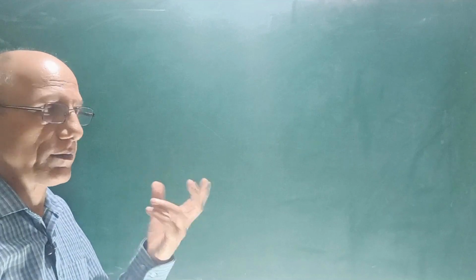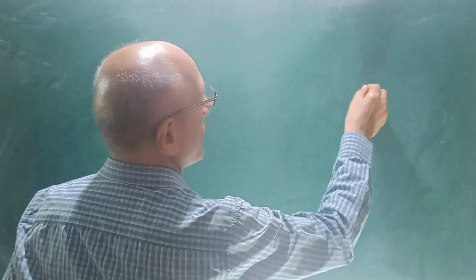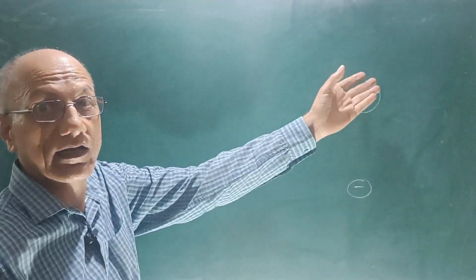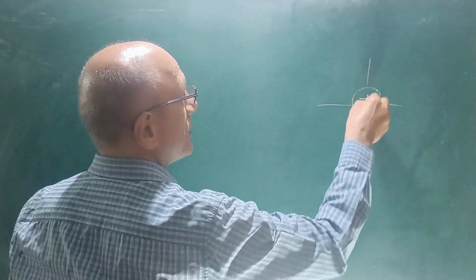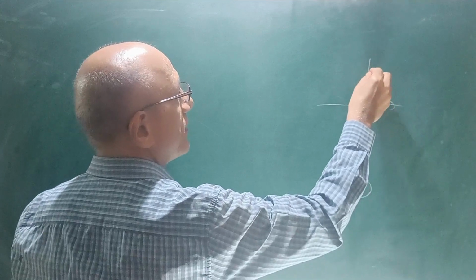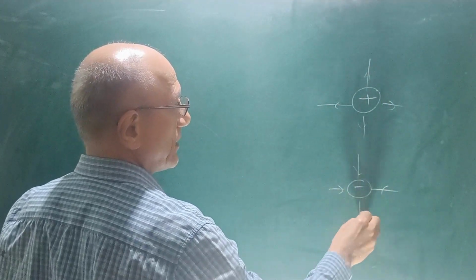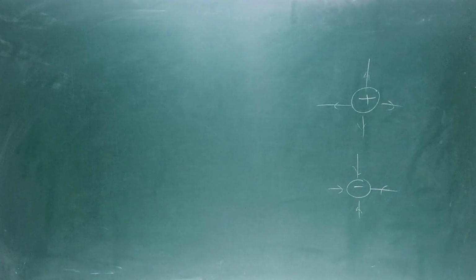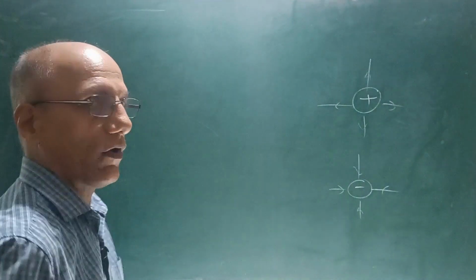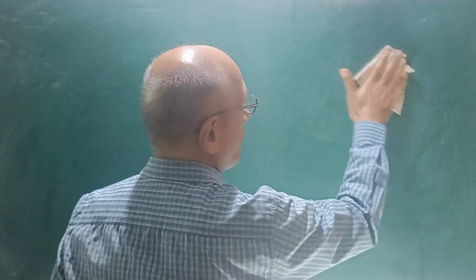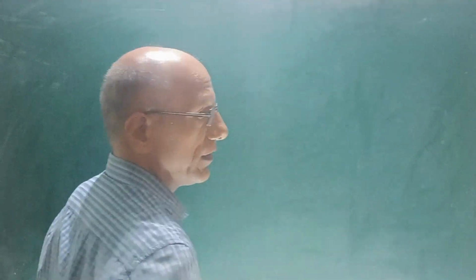मोनोपोल तो हमने सुना था, एक प्लस चार्ज हो या एक माइनस चार्ज हो, ये मोनोपोल है। इसका इलेक्ट्रिक फील्ड हमने निकालना सीखा था, आउटसाइड इस तरह से, इनवर्ड ऐसे। ये हमने पढ़ा था मोनोपोल। तो मोनो माने एक और डाइपोल माने दो। तो जिसके दो पोल हो, यानी वो डाइपोल हो गया।